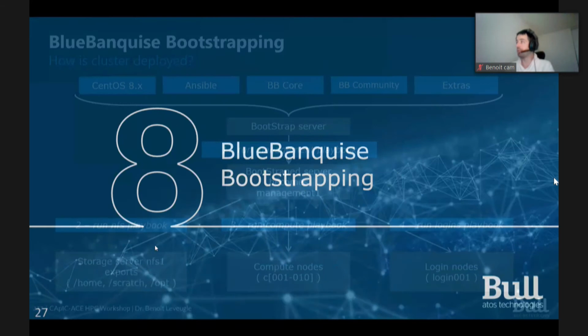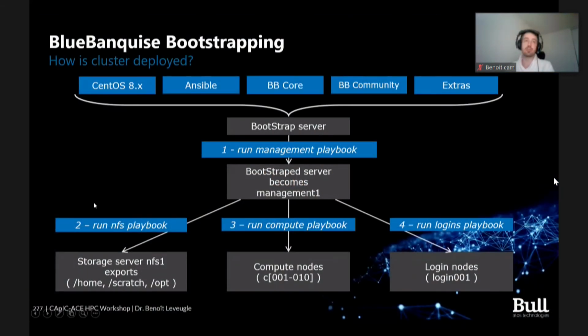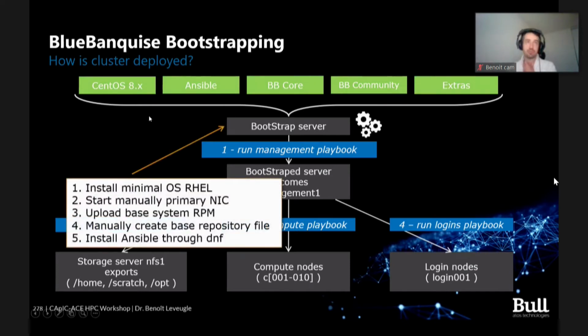Okay, so let's speak about the bootstrapping. Right now, Blue Monkeys relies on RHEL 8 or CentOS or Rocky Linux or whatever. As I said, we want to bring Ubuntu support in the next version, but currently it's only CentOS. So you need to grab your repositories: CentOS, Ansible, the core of Blue Monkeys, community if you want to use Blue Monkeys parts, and extra is